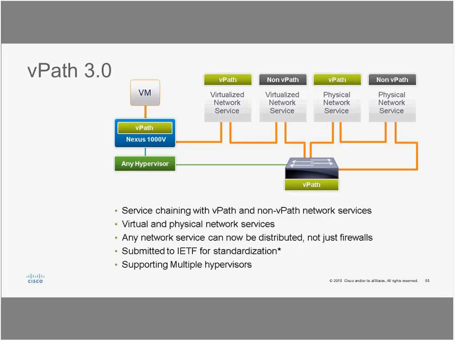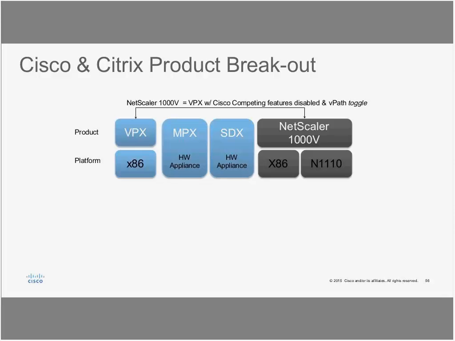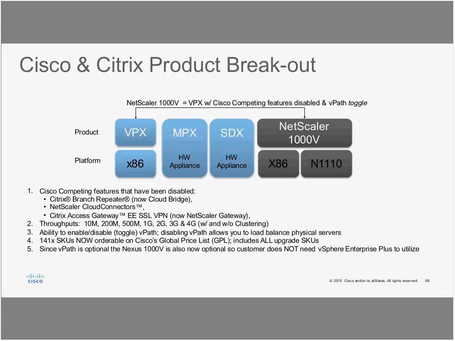Obviously, there needs to be some changes on the offering. So Citrix did take the vPath technology and modify their NetScaler to be a part of the Cisco vPath family. There were some changes on the NetScaler. They included some of the Cisco proprietary stuff and giving you the vPath for load balancing at the virtual cloud.